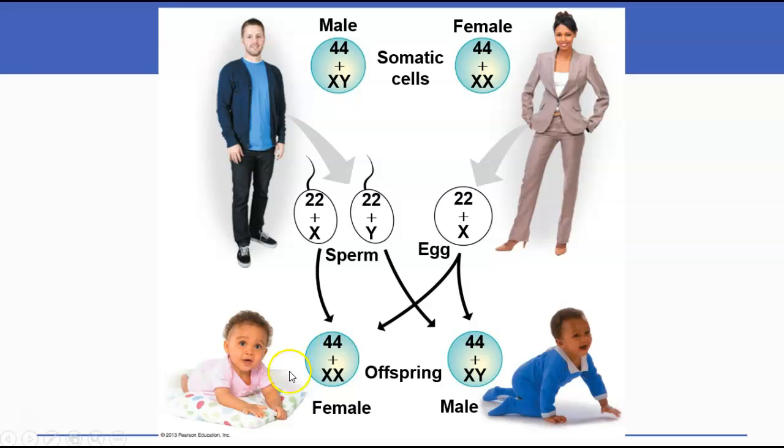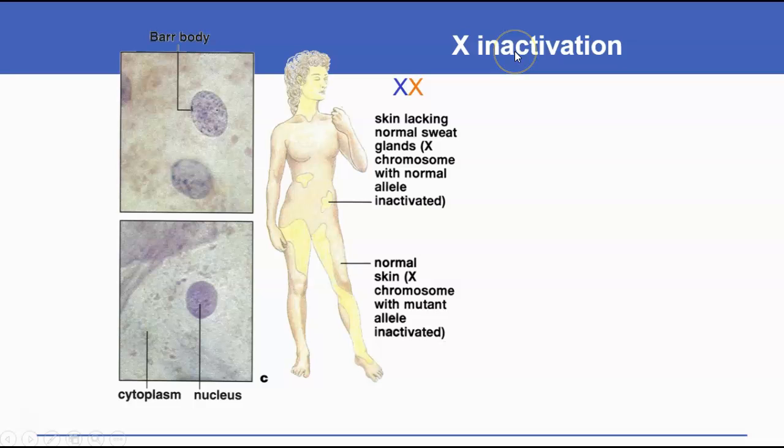They pass on the X to their daughters, they pass on their Y to their sons. Females are passing down their X chromosomes to either. Now, we mentioned this in last week's, but females have two X chromosomes. And what actually ends up happening is the body inactivates one of those two X chromosomes, forming what's called a